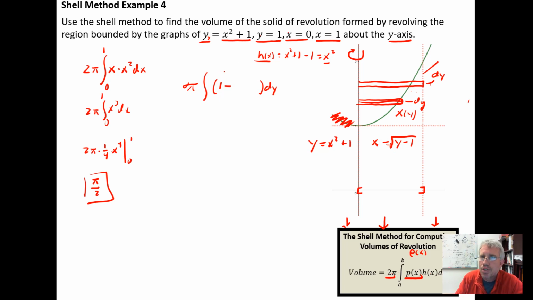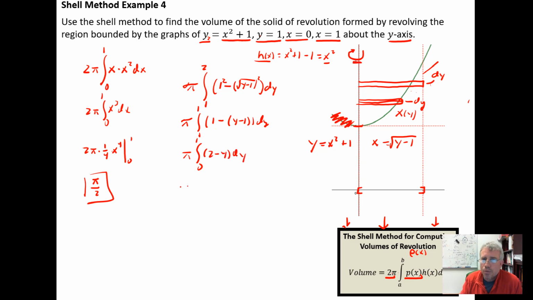So the disk method would say, hey, you have to use the washer method, so you're subtracting off the piece you don't need. So take the outer radius squared minus the inner radius squared, the part that you're subtracting off, and then it's dy slices, so we'll need to run it from 1 to 2. So that's what it would look like if we set up the disk method. So with the disk method, we'd have to do some simplifying: 1 squared minus parentheses y minus 1, dy. And simplifying that a little bit more, we'd get pi times 1 minus y plus 1, which is 2 minus y,